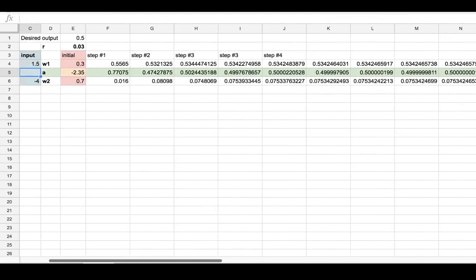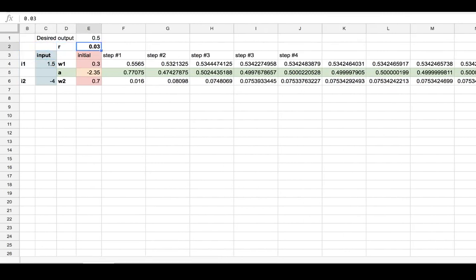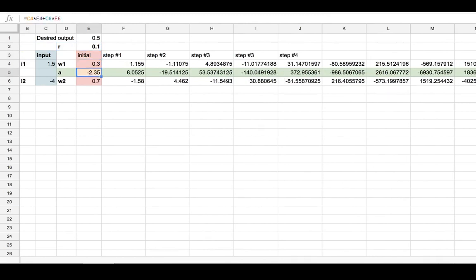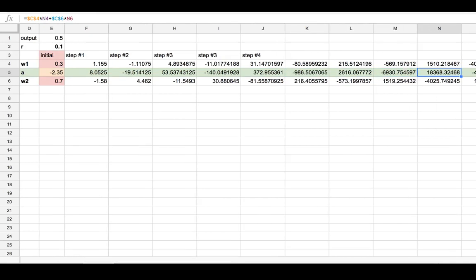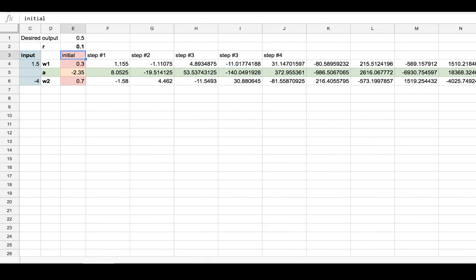Now you might wonder why the learning rate is so small. Previously we used 0.1 in video number 1, and this is the reason. Instead of converging, the network diverges if the learning rate is too high. So it goes from -2 activation to 8 to -20 to 54 to 104, -140 to 373 to almost 1,000 negative to over 2,000 positive, -7,000, and so on. It goes crazy. So we need a smaller